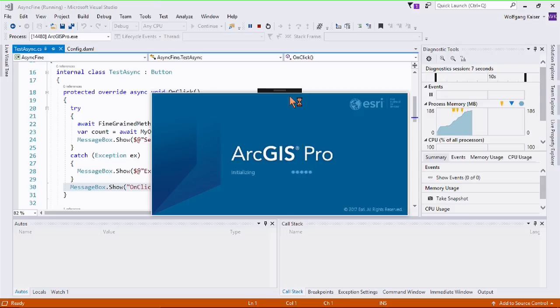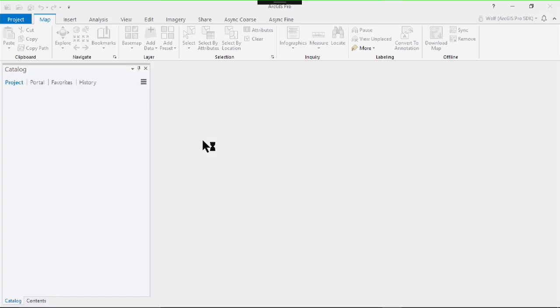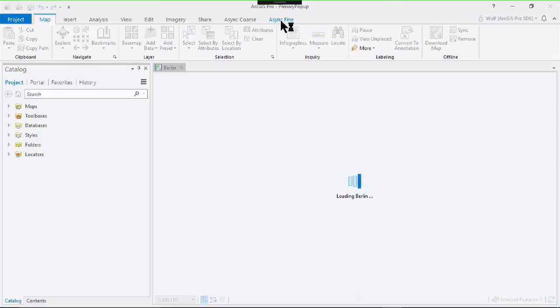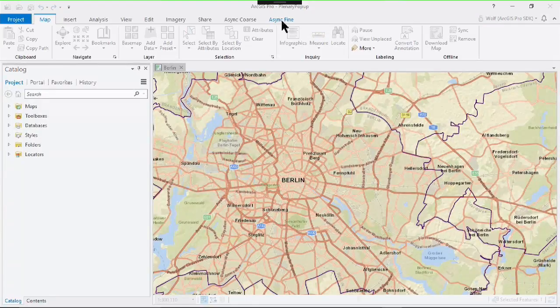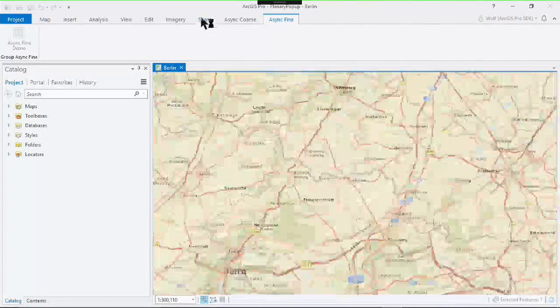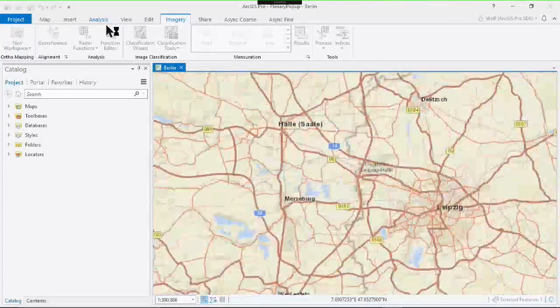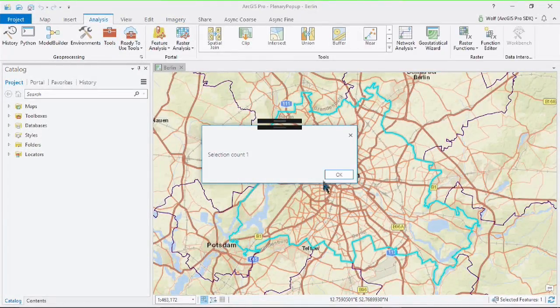And again, I have now written business logic with synchronous methods that will execute in the background. So if I click on my user interface while it's performing my business logic in the background, it should still be responsive. So we're going to try this again. I'm going to click here, and then maybe I click this imagery, and I click this guy here. So as you can see, as it was doing this, my business logic, I was able to still use the